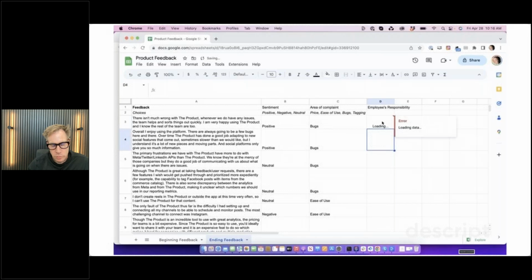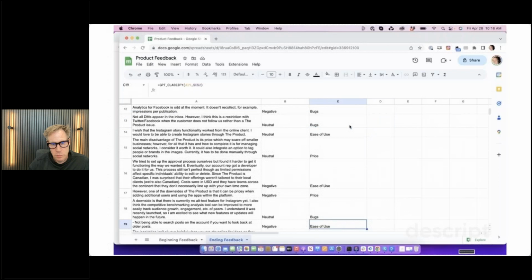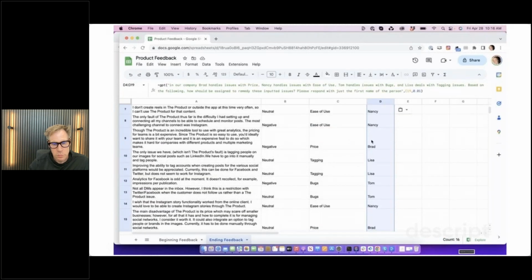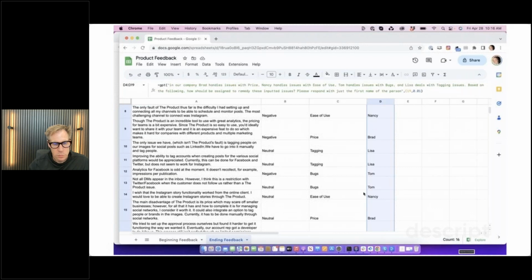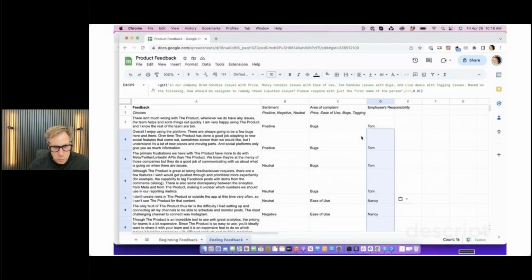So let's do that. Again, we're trying to use GPT for all these different functions that even might be native. So we have on bugs, and Lisa for tagging. Excellent.